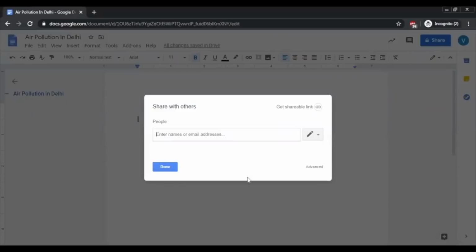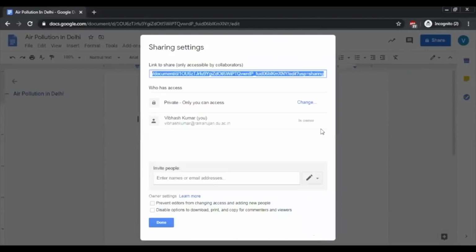I have advanced settings also here. What I can do is write the name or email ID of the person with whom I want to share this Google document. If not, I would want further things to be done. So I'll go to the advanced tab here. I'll click on this. Now you can see who has access. This access is only to me right now. I can change it here, and also I can invite people to just view it if I want it to be done that way. Now you will see that each Google document which is created has a separate unique URL,